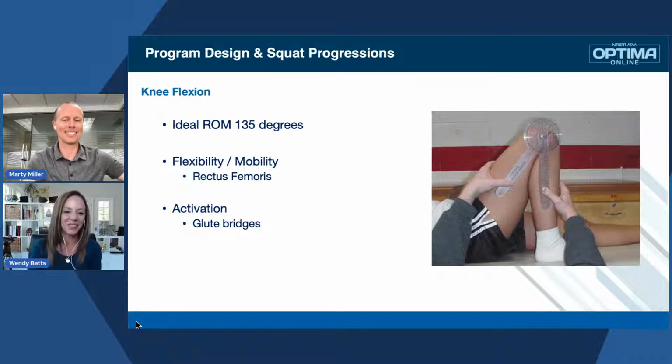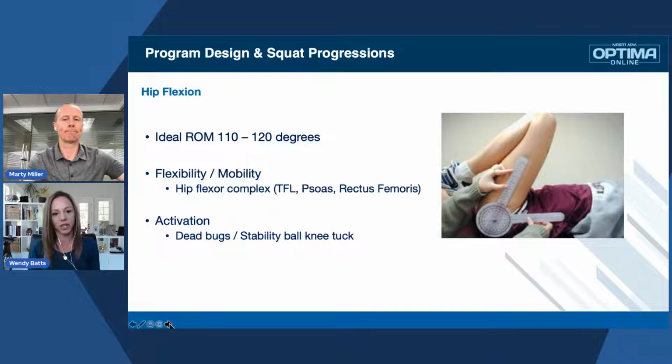So if we keep thinking about other considerations of joints, that's going to bring us into the next slide, where we're going to talk about hip flexion. The ideal range of motion for hip flexion, again, is anywhere from 110 to 120. And so we're really thinking about what's happening at the hip complex itself. Usually we see overactivity in the hip flexor complex, usually in the TFL as well as the rectus femoris. And so we want to, as we've talked about, focus on providing proper length into those specific areas, and then